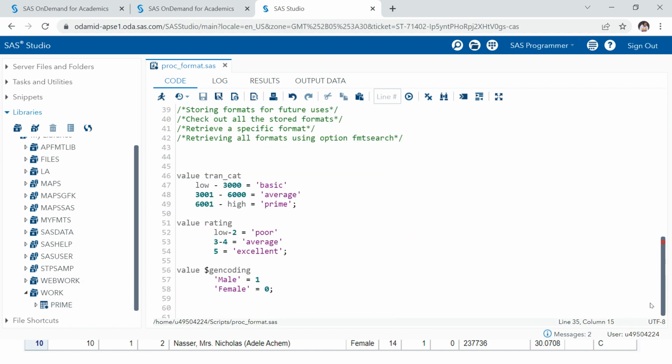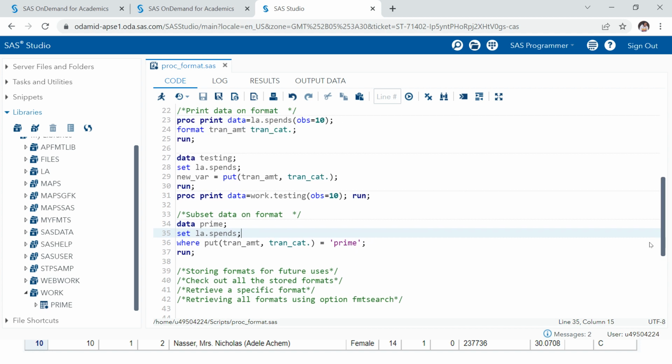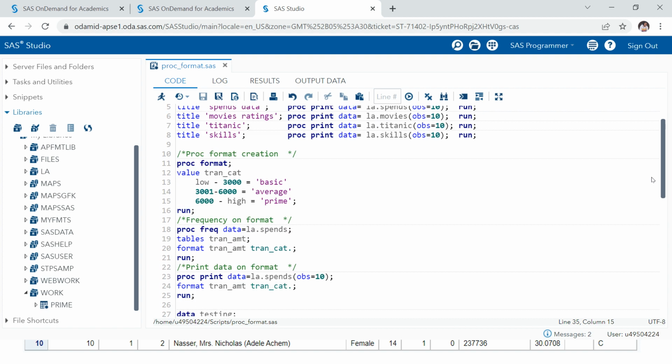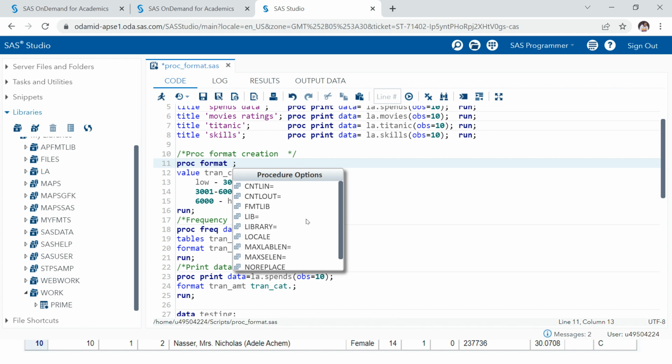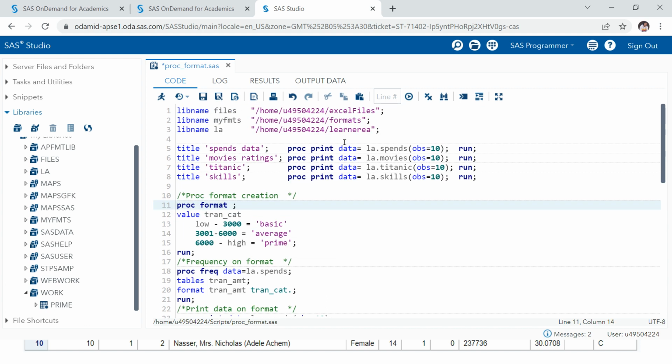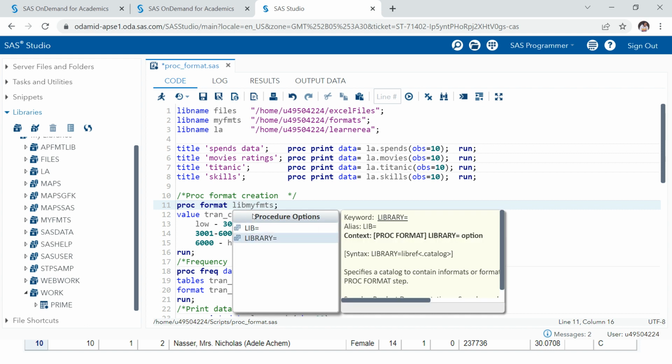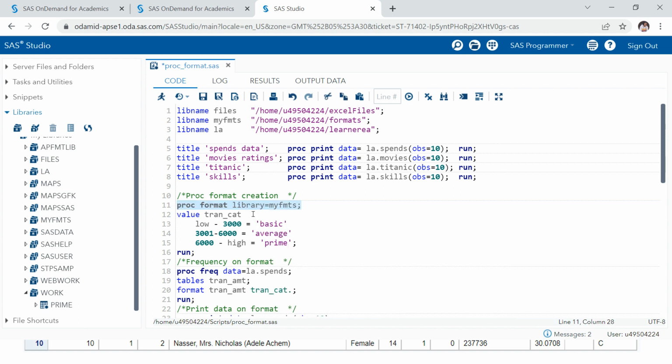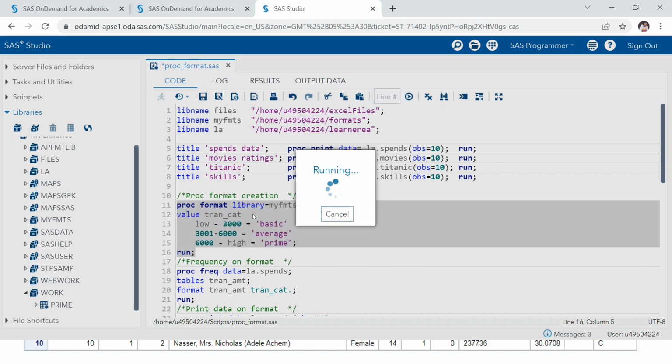Okay, so for that we need to store the format which we have created in a permanent library. Here I have created a library called myFMT. You see I have this particular library created. Here I just need to provide the library statement: library equals to this FMT library. Now if you execute this,